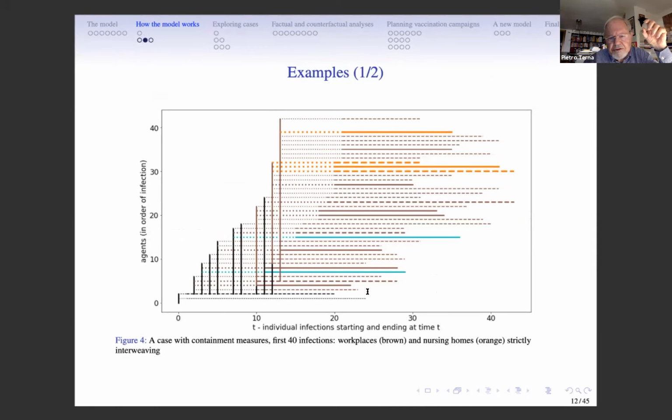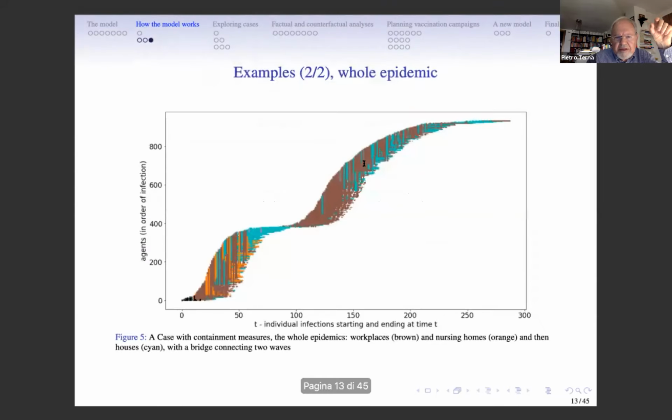One has no consequences, the other has contacts in workspaces, generating other people infected, and these people transmit the infection both in houses, this cyan segment, or in nursing homes, these orange segments. Representing a whole epidemic, we have a snail like this, with the slope representing the rapidity of the increase of